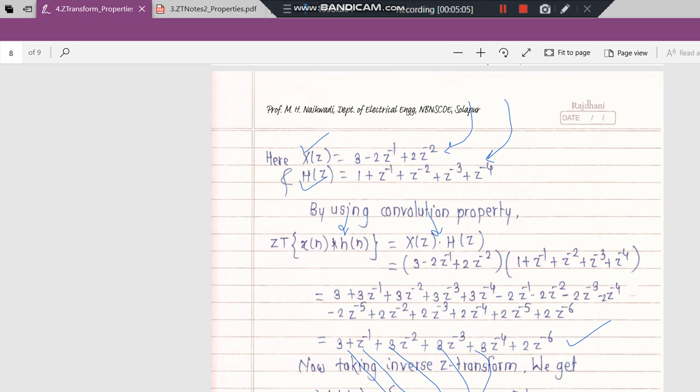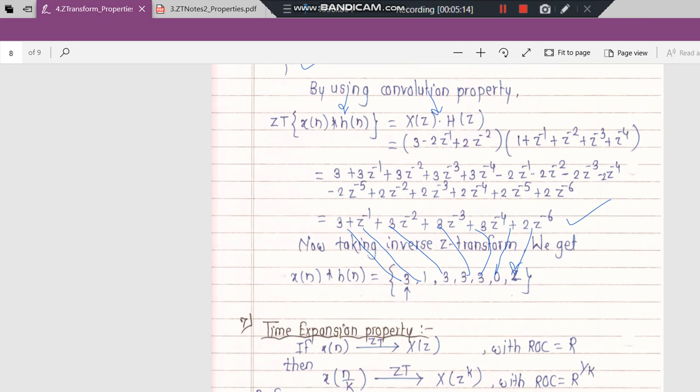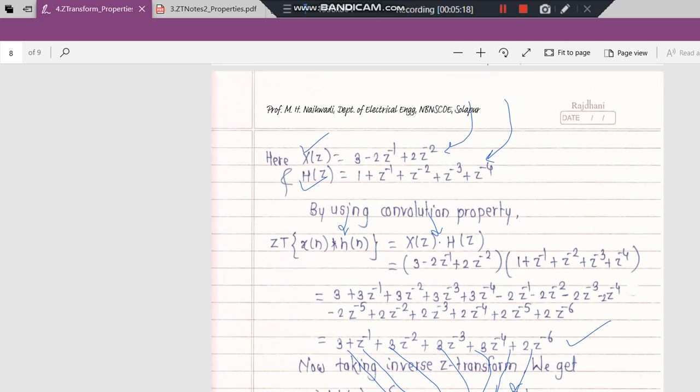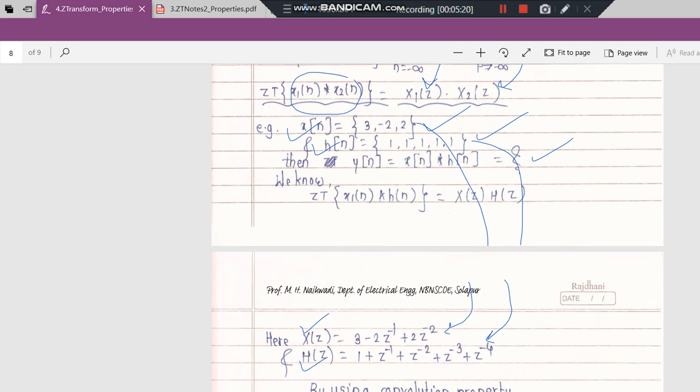Your z raised to minus 5 is 0. Okay, so the minus 5 term is missing, so it is 0, and this is the sixth term. Okay, so this is your signal in the time domain: 3 1 3 3 3 0 2. So if you compute the convolution by the matrix method also, by solving the convolution of these two signals, you will also get